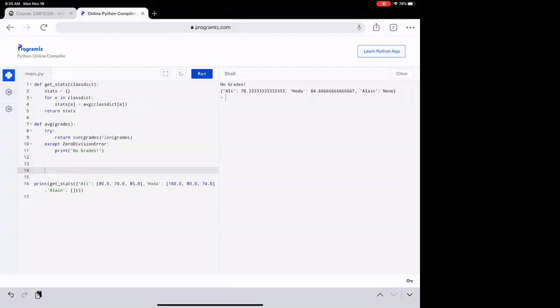It's going to compute the grade of Ali and insert it into the stats dictionary, okay? For Hoda, it was going to do the same. And then when it comes to Alain, it's going to do the try. It fails because the length of grades is 0. So it's going to print no grades. And then eventually, we'll insert for Alain,